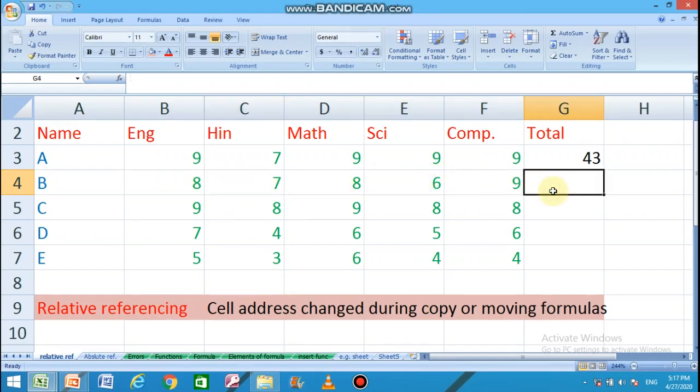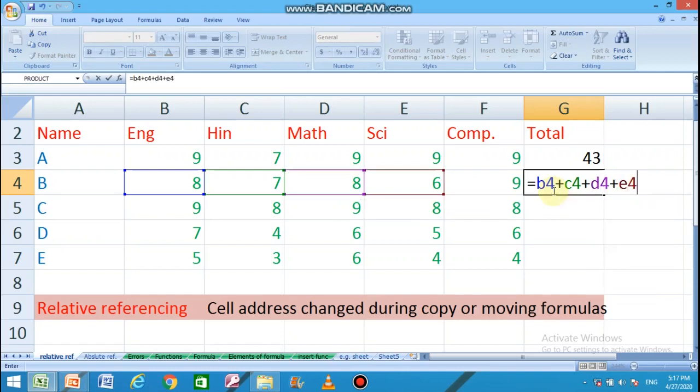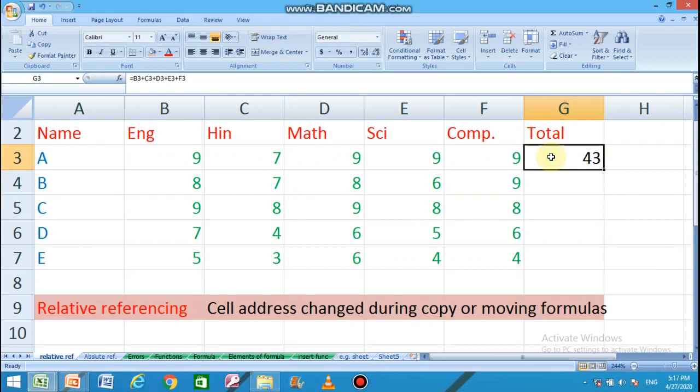So instead of writing the whole formula, we can copy it by making the first calculated cell the active cell, then putting the mouse pointer on the fill handle and dragging it down to where we want the same formula. Now all the students have their total marks.